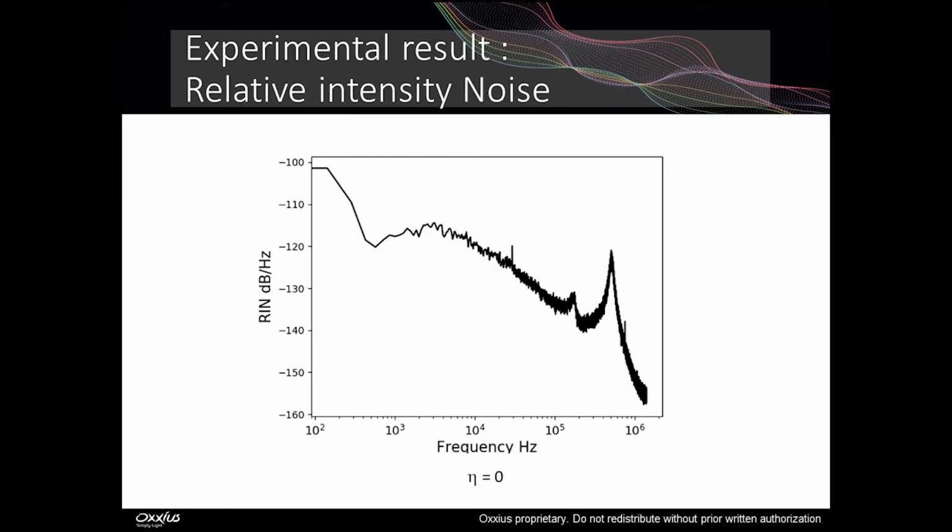We measured the relative intensity noise of a first laser without noise optimization in this figure. In this case, the KTP used is an X-cut KTP far from second harmonic generation phase matching conditions. We observed a strong oscillation relaxation peak slightly below 1 MHz at minus 120 dB per Hertz and a relative intensity noise value less than